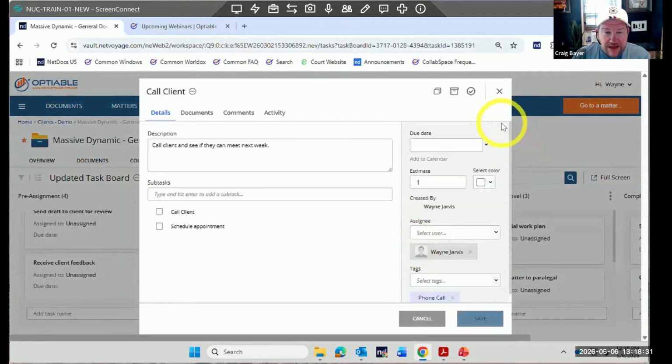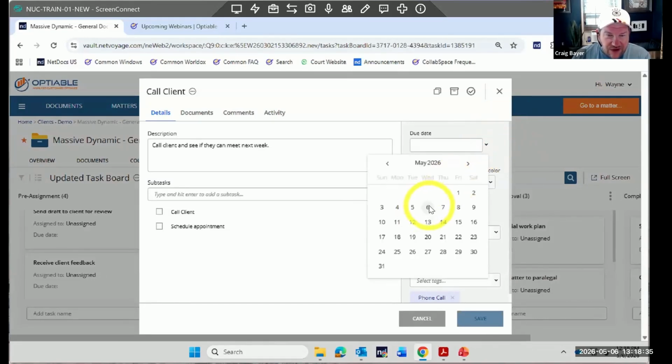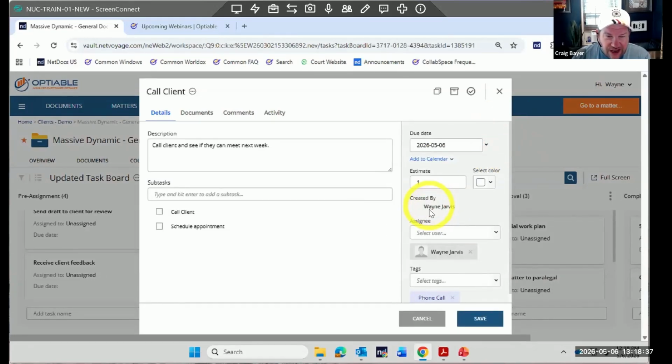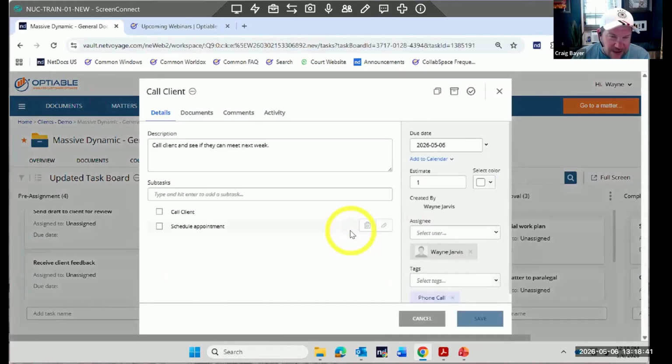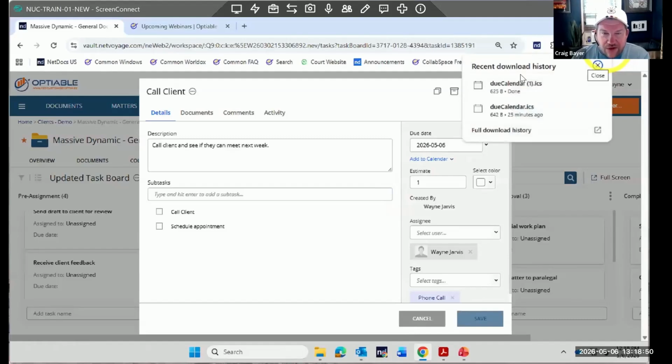I want to put this on my calendar. The way to do that is I'm going to give it a due date of today. All right, and then I can hit save here. That did not put it on the calendar, but let's open this back up again. Add to calendar, and we'll do Outlook Cal. Okay, that just downloaded a calendar appointment. And now I'm going to open it up